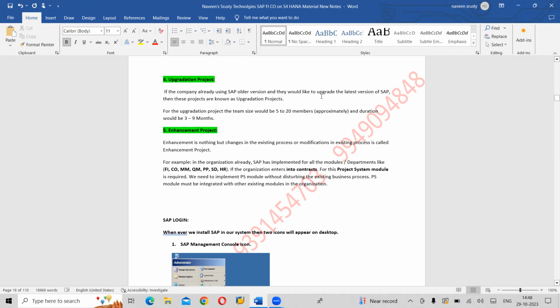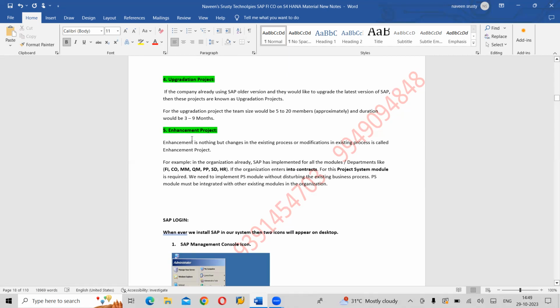Majority, you know that. Okay, and this is very simple. And nowadays, till 2032, we are going to get the majority of projects as upgradation projects, because until 2030 companies are still using the ECC version, but after 2032 all the companies need to migrate from ECC to S4 HANA, right? So meanwhile, whatever projects you are going to get once you are recruited, you are going to get mostly upgradation projects. Understood? From older version to newer version.